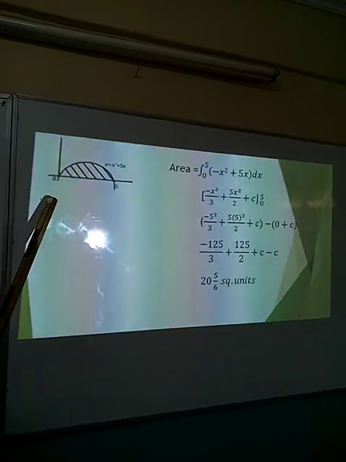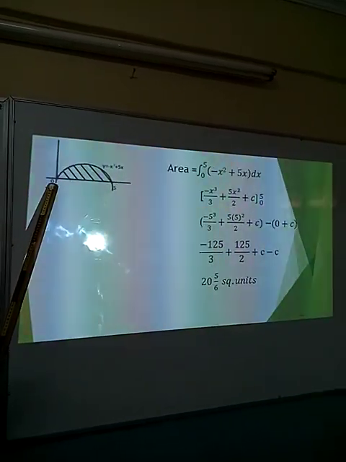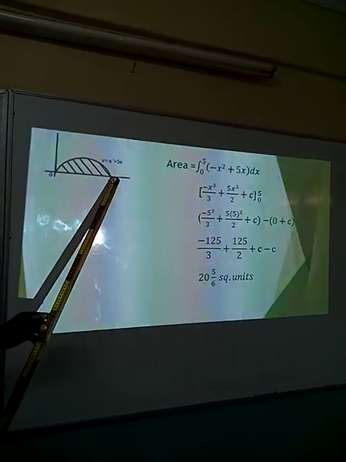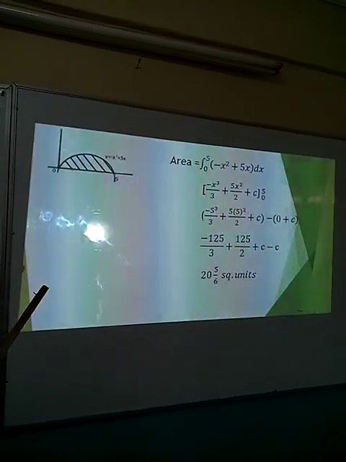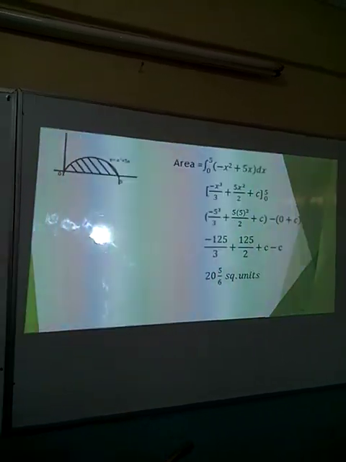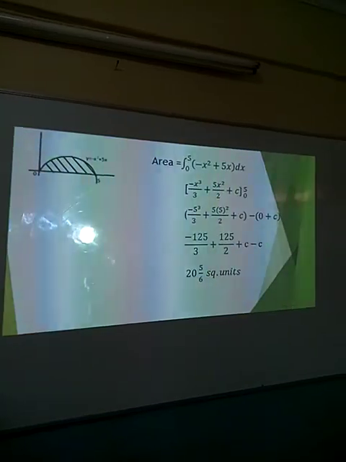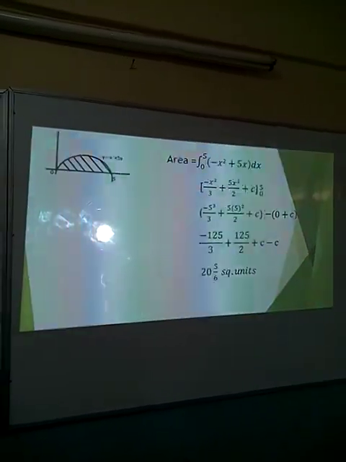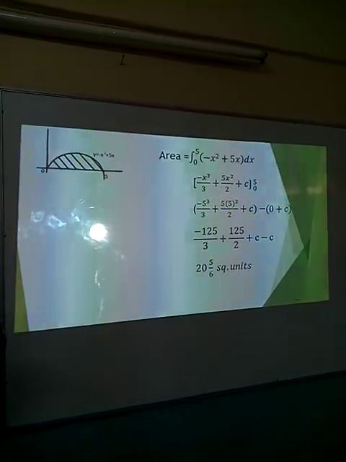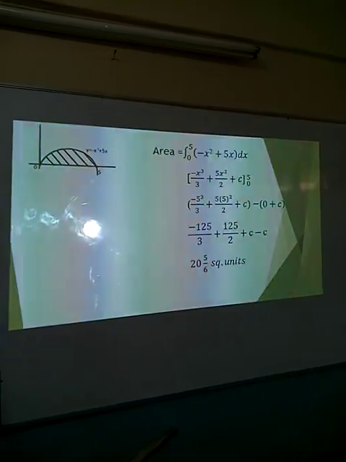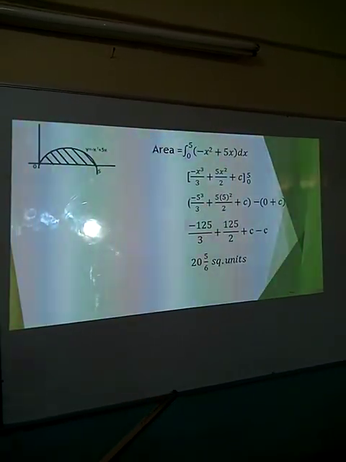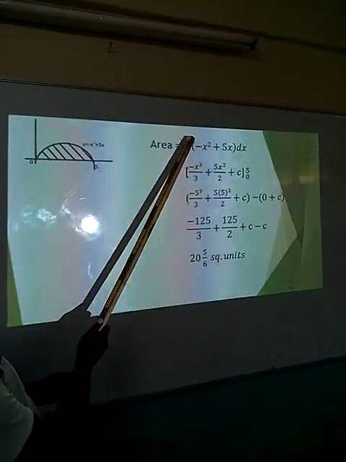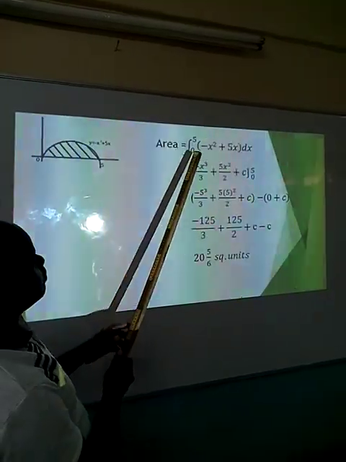The shaded area is bounded from 0 to 5. 0 to 5 now become our limits of integration. So I want you to see where the definite integration now comes in. Because now we are going to integrate, but with the limits from 0 to 5, we are saying that area is equal to